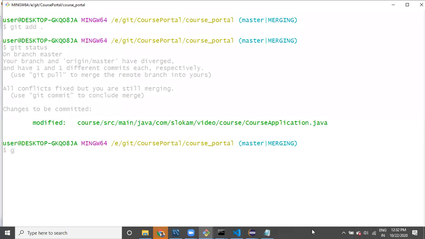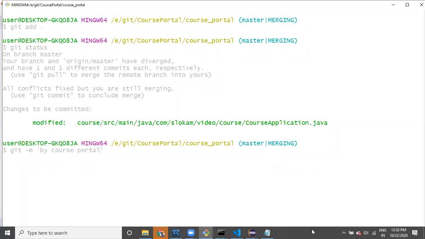The file is in green color. Before git push, git commit. Now again say git commit, "by codes portal". Okay, now we have got the latest code.